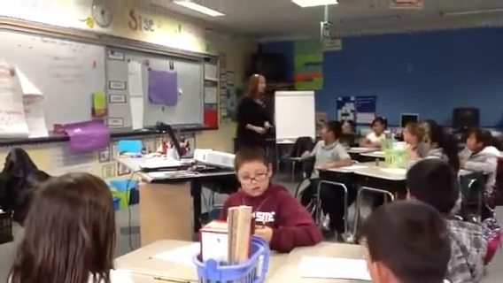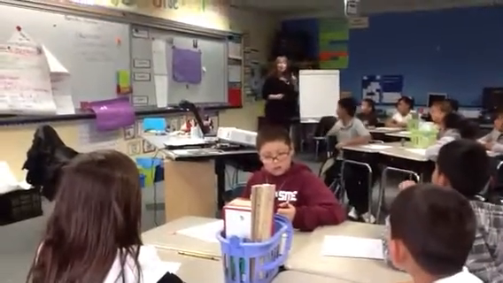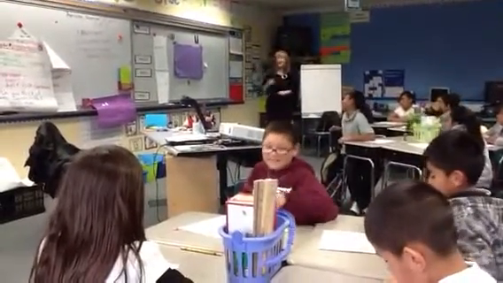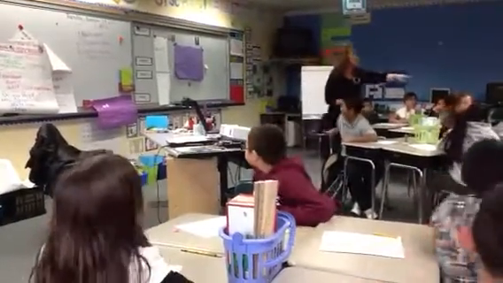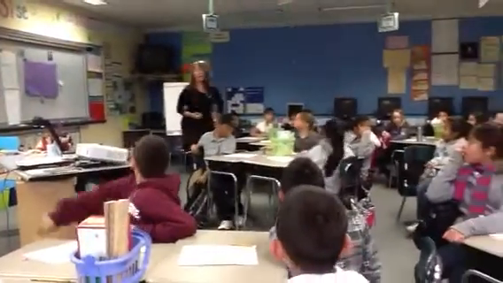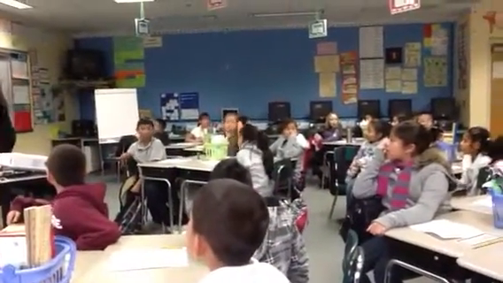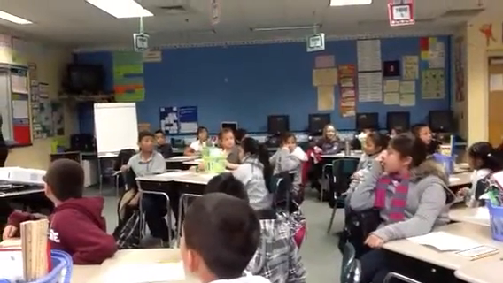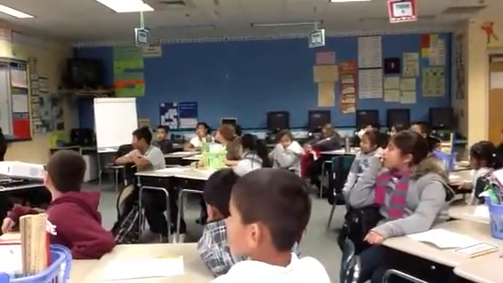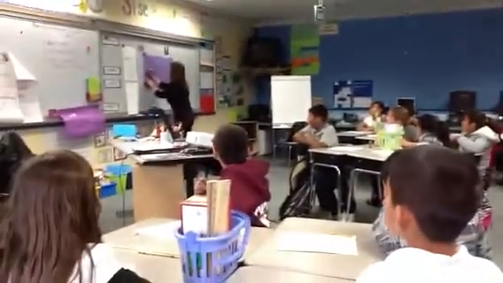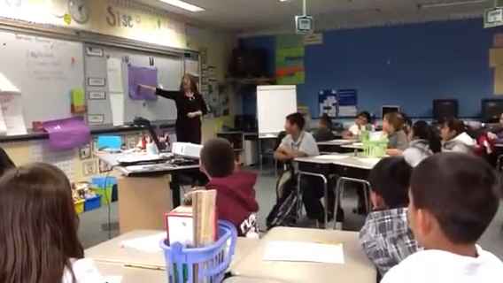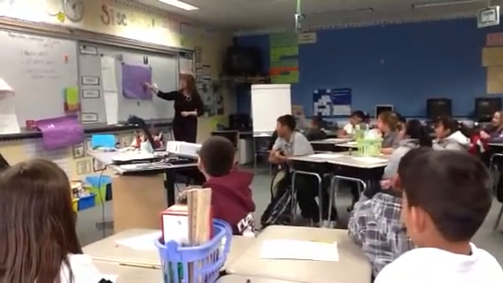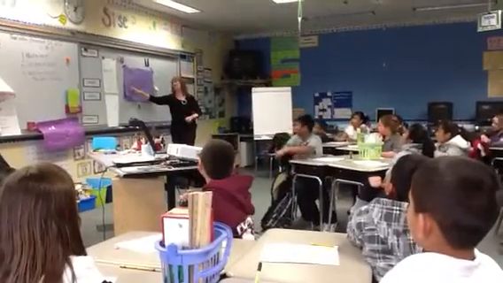Class. Yes. Nice job. I heard some great sentences. No writing yet, because I'm going to write it up here first. All right? So, which word did you pick, sweetie? Right here. You told me yours. Happily. All right. I'm going to capitalize it. And I'm going to spell it correctly because why? Because it's up on the chart, right? All right, we're going to read the sentence with happily. Here we go. Ready? Happily, the vampire bat feeds on the blood of animals.